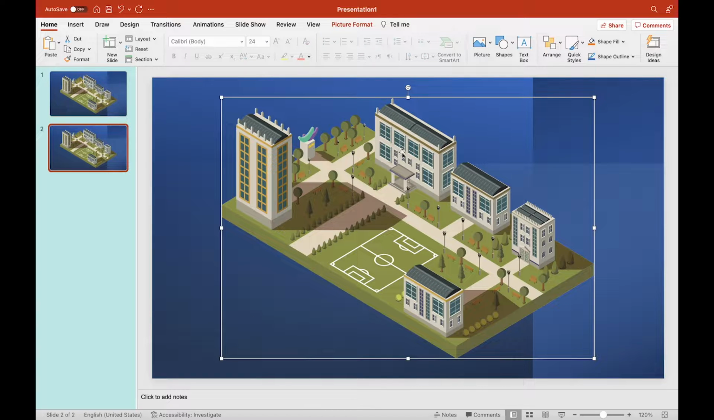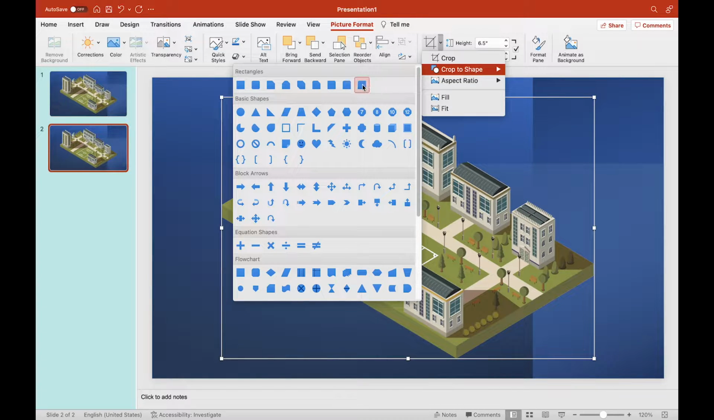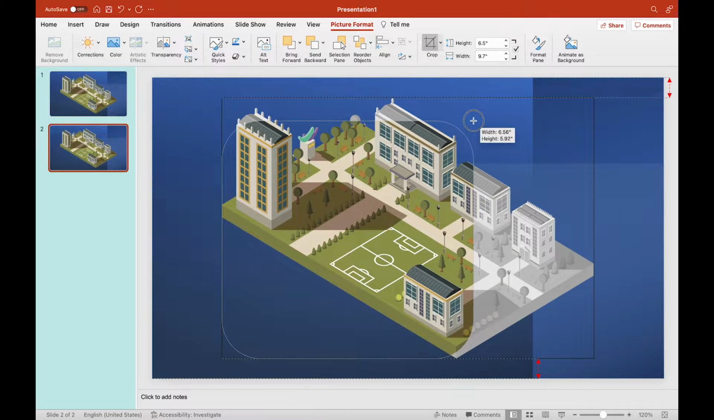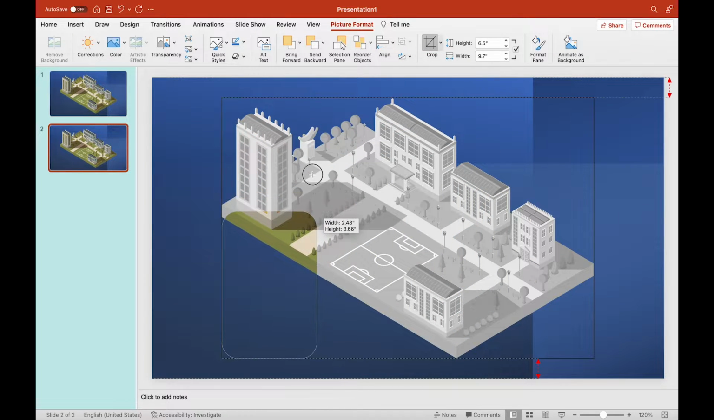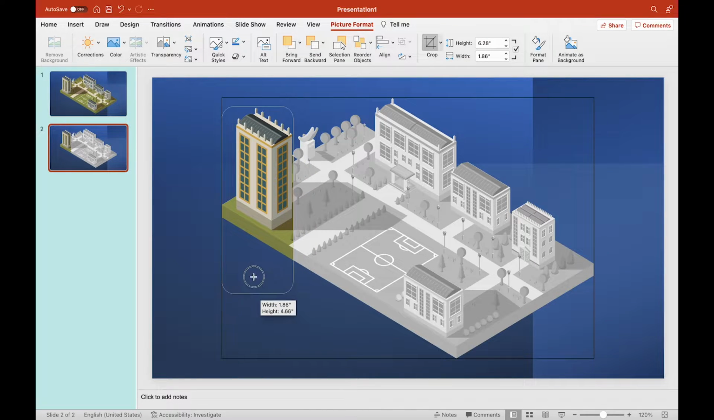Go to picture format and take cropping tool. Here you can select any shape. I'll select the square with the rounded corner. Now we have to crop the copied image to highlight the faculty or building that we want to show. Once you are done with that,